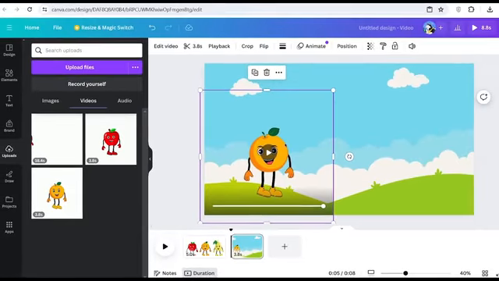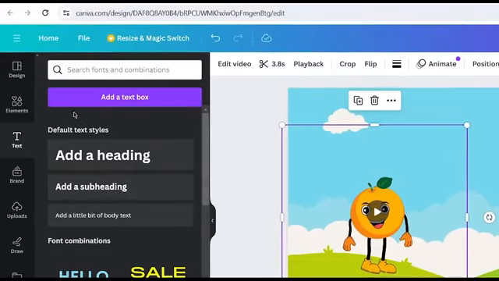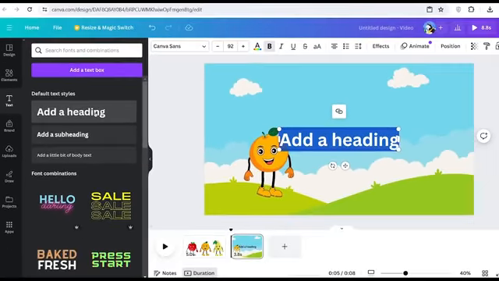And now, as you can see, we're mostly done with the first scene, but from here, you need to make it more visually appealing. In order to do this, you'd want to add in the text of what your character is actually saying. So in order to add in the text, you want to click onto where it says text. Click onto add a heading. Simply expand the sizing of this.